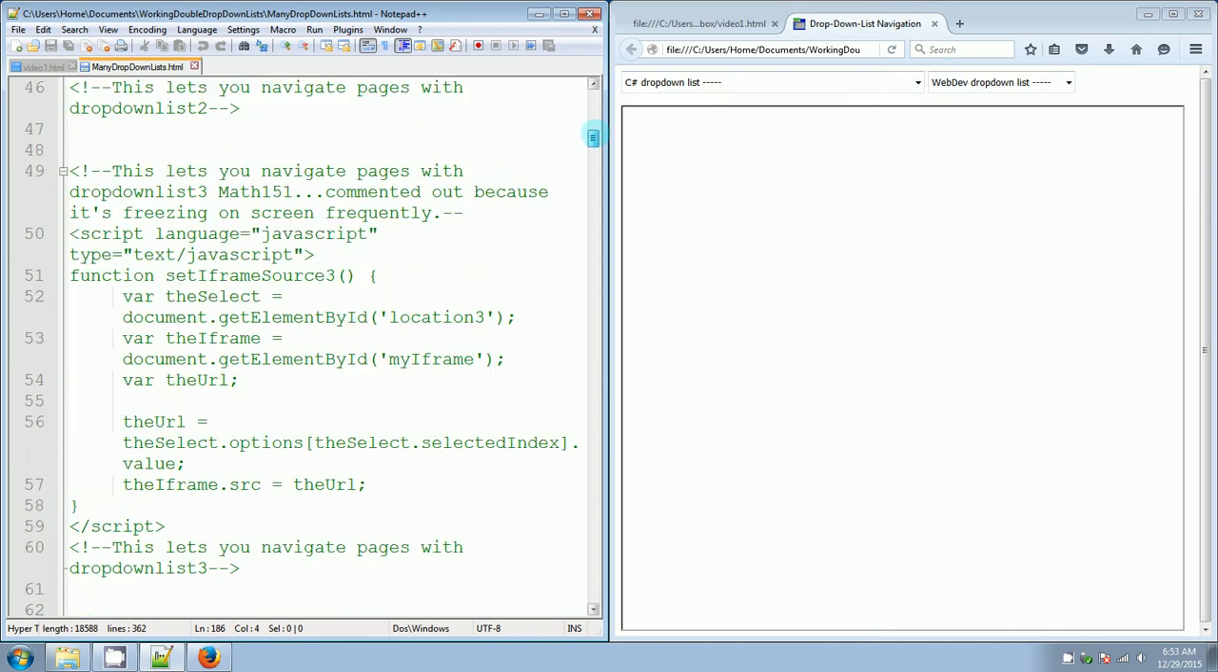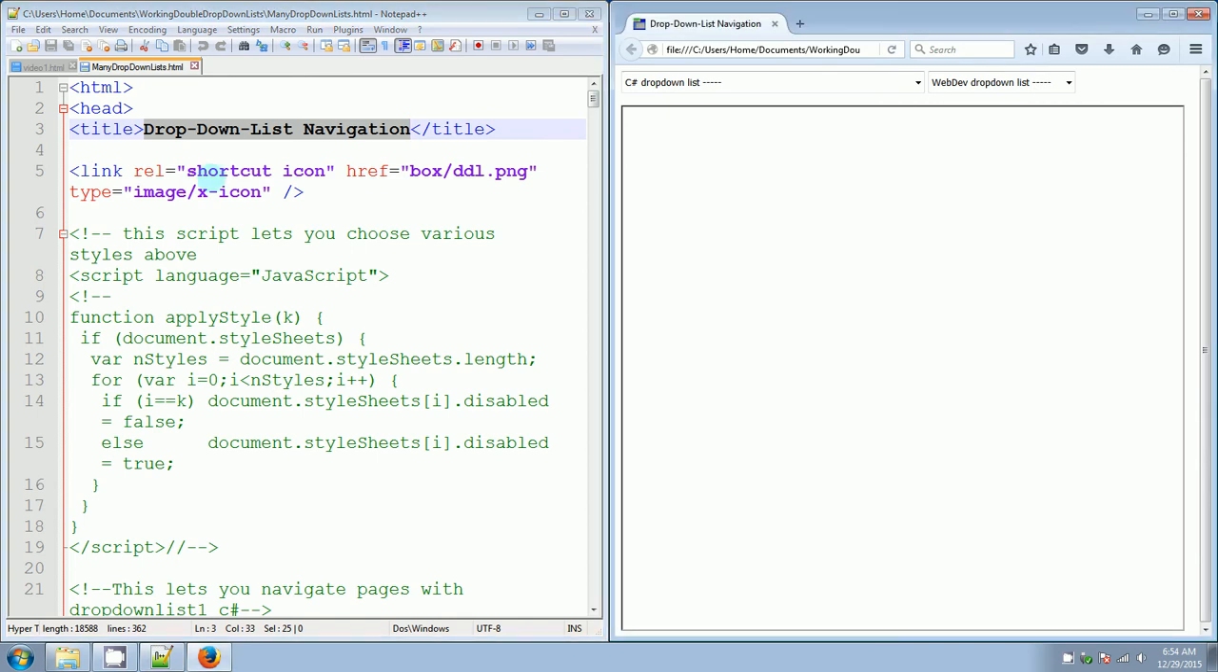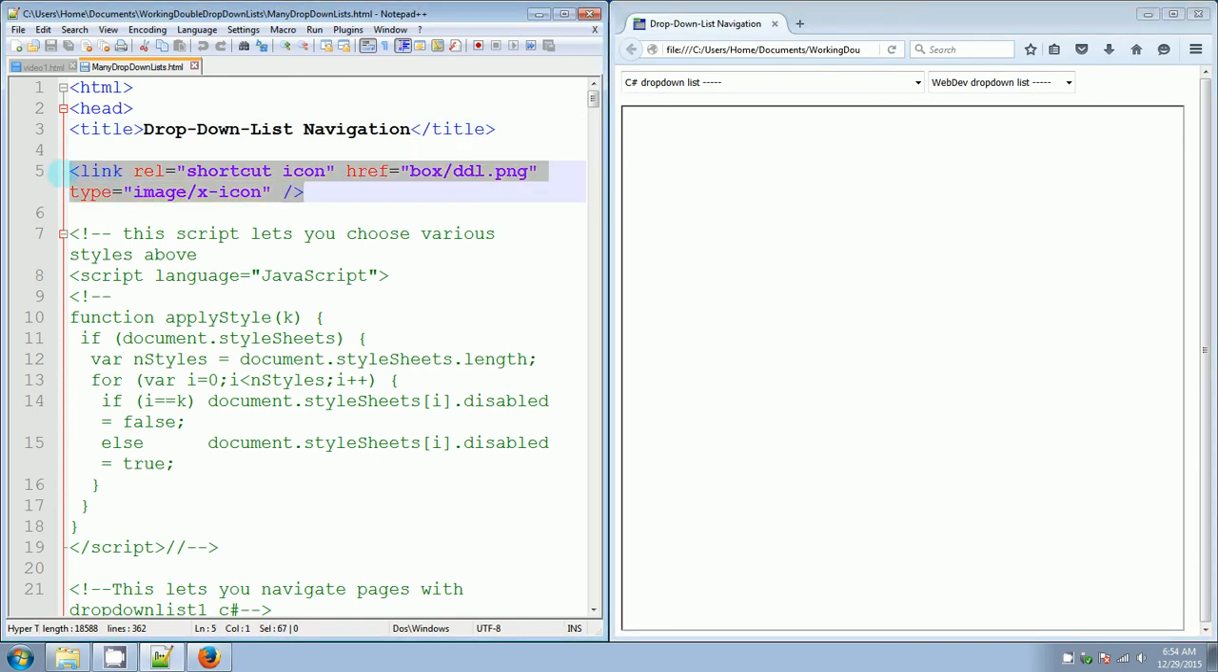Let me start at the top and work my way down. HTML, head tag, title, drop-down list navigation. You look up here, drop-down list navigation in the browser tab. I have that shortcut icon that you can't really tell what it is, but this is how you make a shortcut icon. Link rel equals shortcut icon, href equals